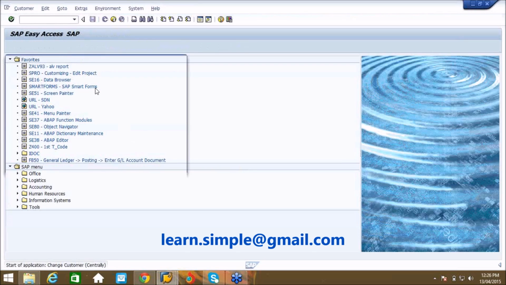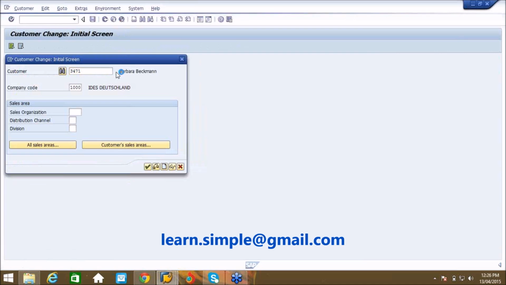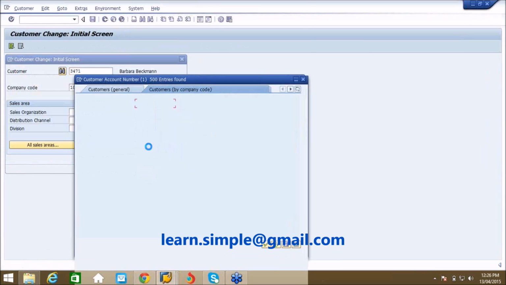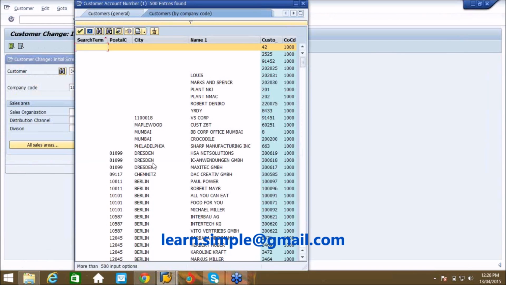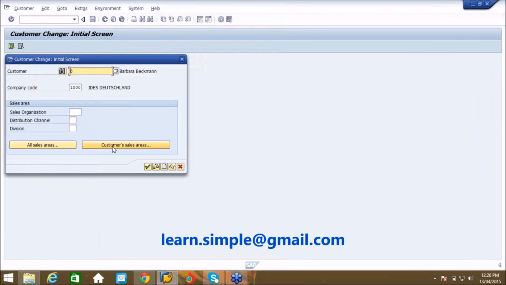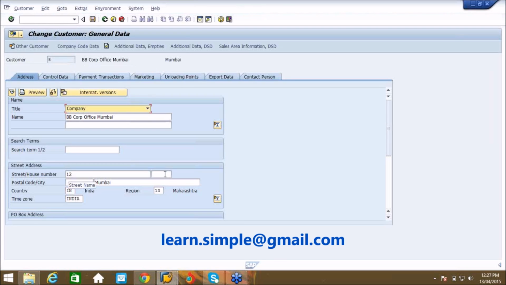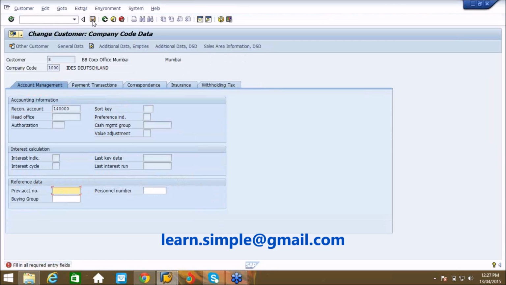XD02. So now I'm saving after changing this.